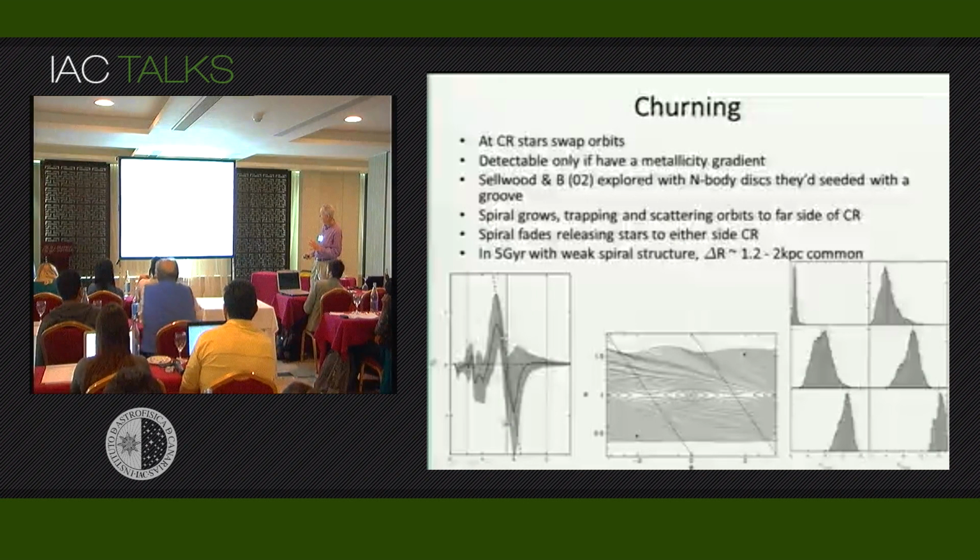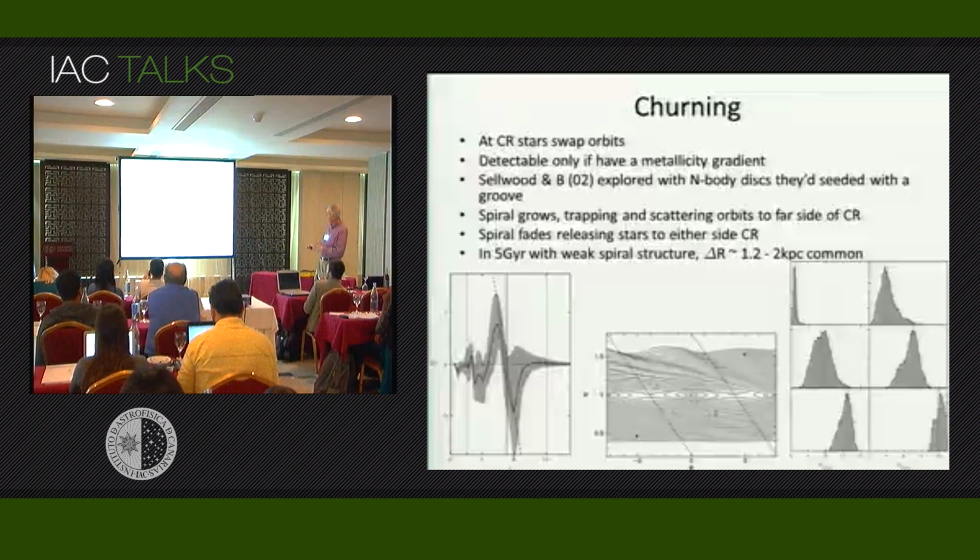The thing, however, is that if you consider stars that are in the neighborhood of co-rotation with the resonance, these stars which have less angular momentum than the co-rotation angular momentum gain. They have positive delta L. And these stars, which are outside, have negative delta L. So these stars gain angular momentum and move out here. These stars lose angular momentum and move in here. This is the swapping process.